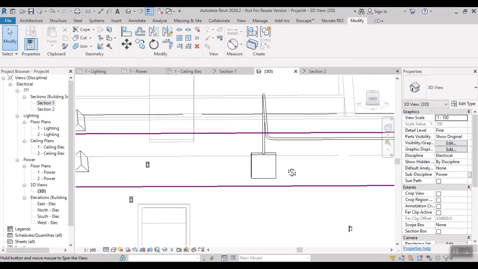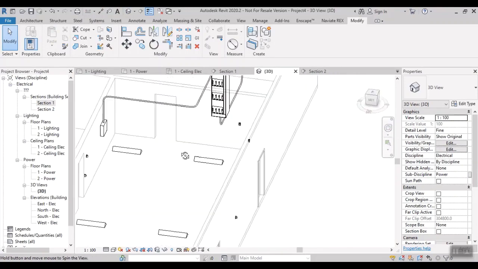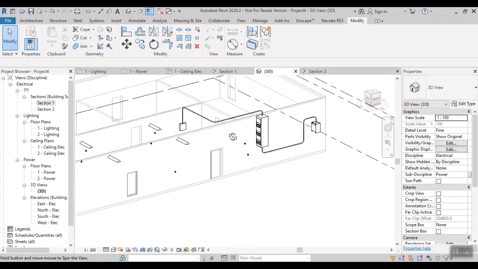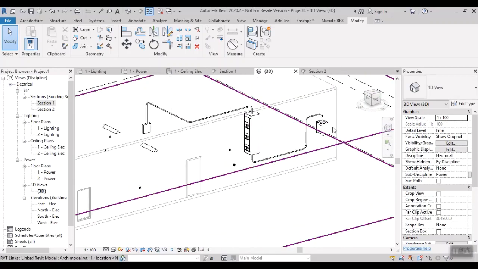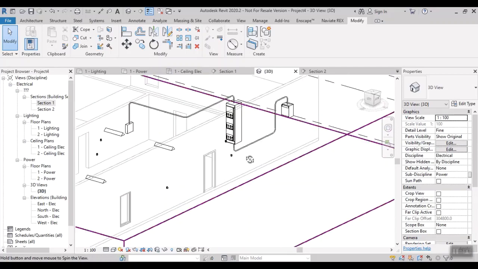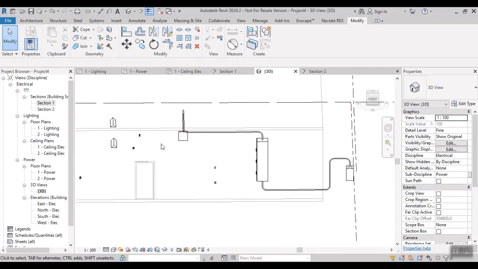Okay, so finally I placed the circuit breaker, transformer and panel board. I just connected them using conduit, to connect transformer to circuit breaker and circuit breaker to panel board. Finally I got the conduit. And the final step is we have to provide the cable tray to carry the conduit. Same, go to the power view